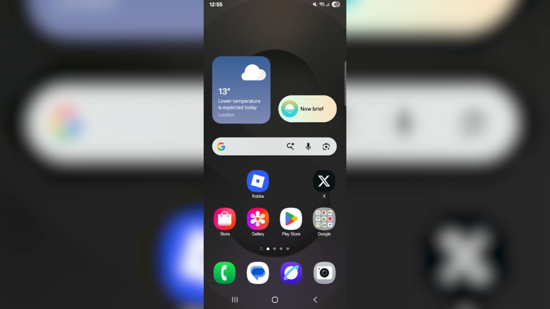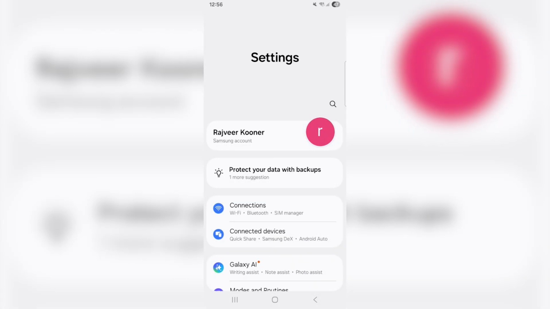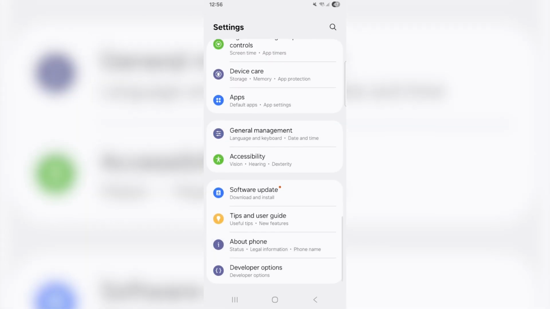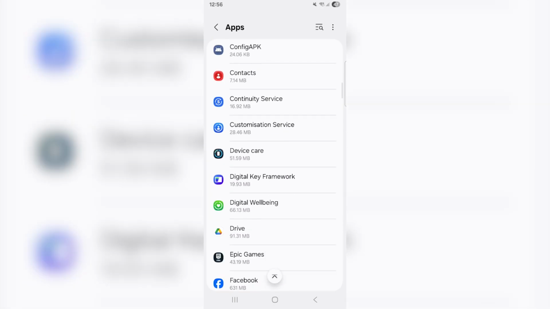So swipe out of Play Store completely like I just have. So you want no recently used apps being shown right there. Then all you got to do is swipe down on the top right, and then it's going to show the settings wheel icon on the top right as well. From here, all you want to do is scroll down, and you're going to find apps, which is right above device care. So click on that, and then all you got to do is scroll down until you find Google